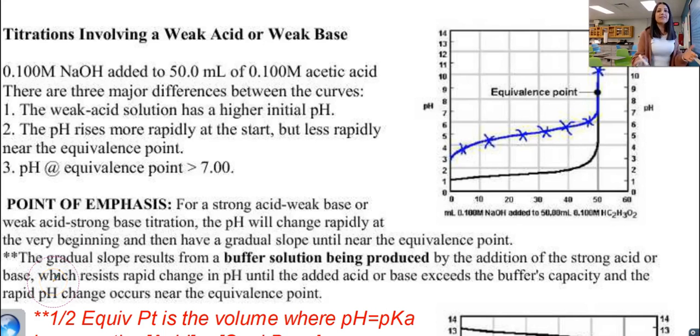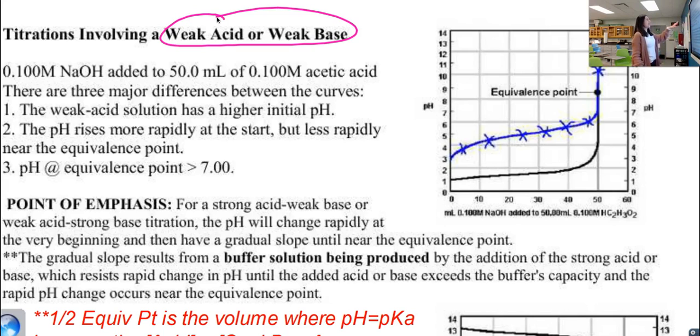Well, let's take a look at a couple of titration curves here again. So if you have a weak acid or a weak base, we know that the titration curve is going to be a little bit different from what we're used to. We already talked a little bit about this. So it says we've got a 0.1 molar NaOH added to 50 mils of a 0.1 molar acetic acid, and there are 3 major differences between the curves. Okay, so the weak acid solution is going to have a higher initial pH. So we can see here that if it's weak, then it's going to be a little bit higher. Since we're using a weak acid, acetic acid,